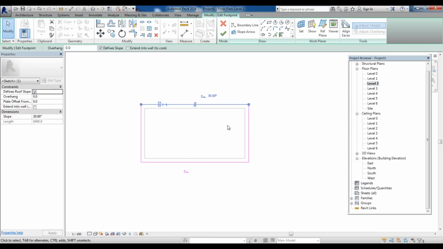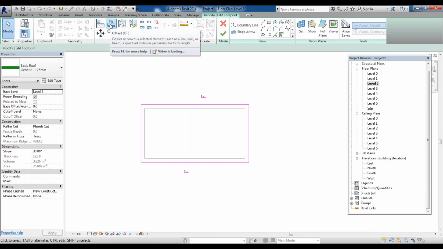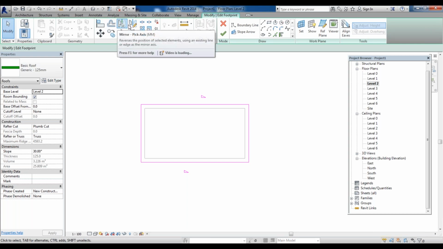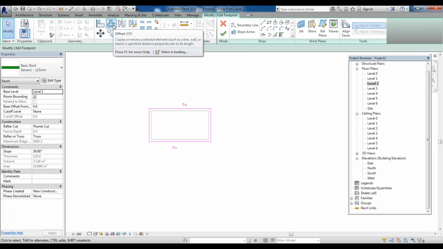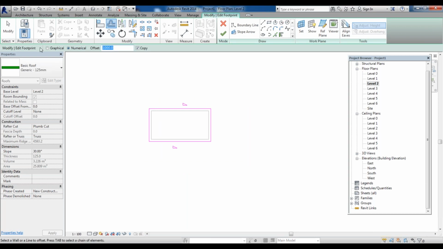Okay, I want to show you one more fact, that there is an offset. You all know these things. Move, copy, rotate, offset, mirror, align. This is offset, and this is mirror 1, mirror 2. This is align. This is split element, split gap, all that. So I want to show something in offset. I want to give offset, and I want to give a 600 mm offset of this roof so that it will act like a sunshade overhang, whatever you call it, for this roof. And I strictly don't want any copy. I just want it to be offset. So I untick the copy